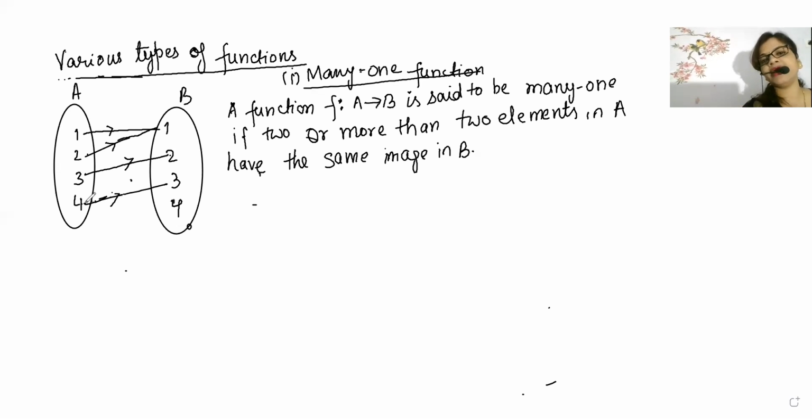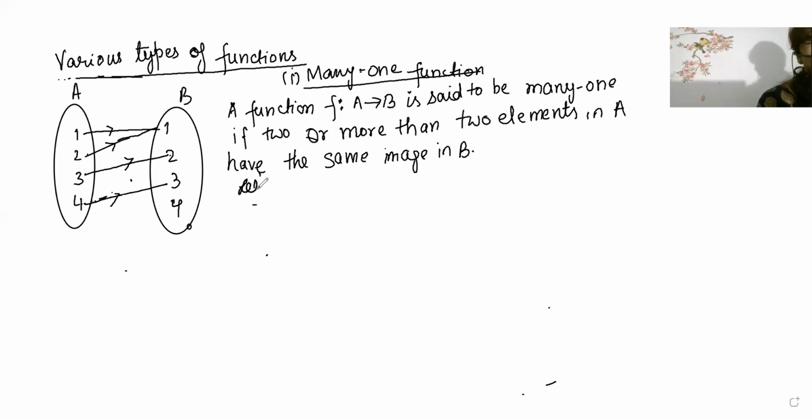So this is exactly called many-one. I repeat, many-one. This is exactly called a many-one function. In a many-one function, two or three domain elements map with one single codomain element, and that will become its range. This is the definition it is exactly telling. So let us see a very simple example.